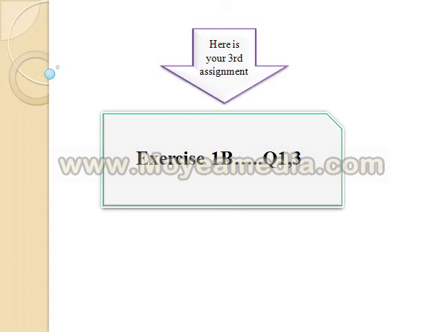And finally here is your third assignment, which is questions number 1 and 3 of exercise 1b of your book 2. And these two questions are quite similar to what we have done here. I know you're pretty good, and you can solve these two questions also. And definitely I'm going to wait for your feedback, your answers, and it will make me happy if I get the correct ones. So try your best,